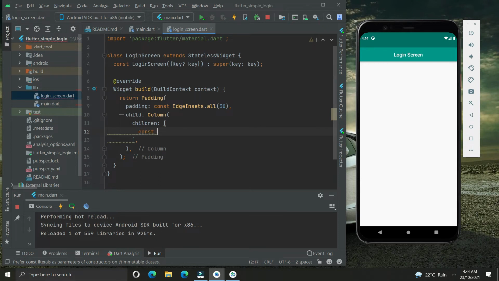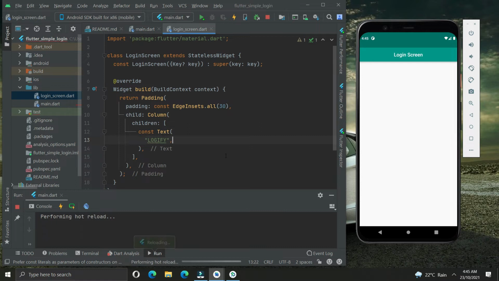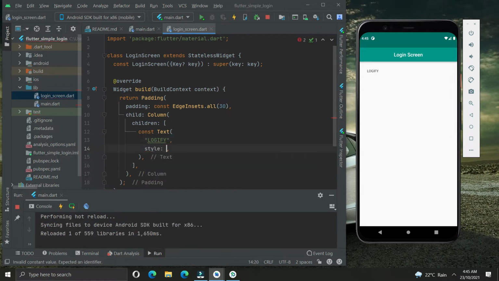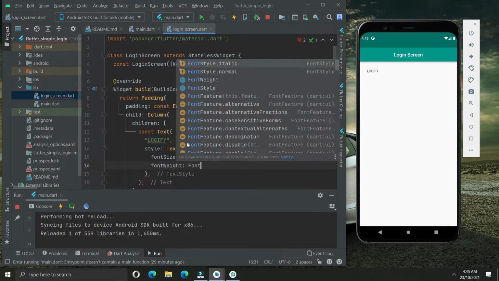Here we will add const text. I will write Logify and give it some style. Text style, font size 50. After font size, I will give it font weight of 900.